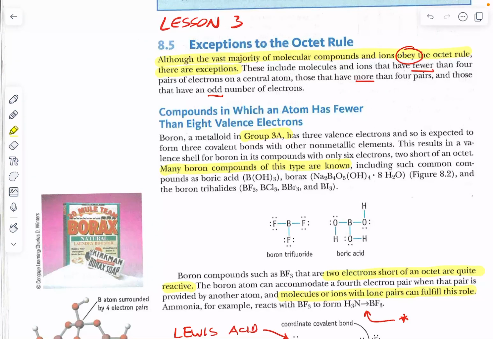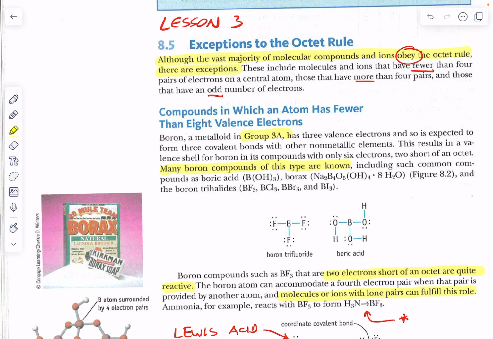This is lesson 3 in chapter 8, and it's relatively straightforward. You probably learned about these exceptions in first year chemistry, and they weren't too difficult. There's a lot of vocabulary words that go along with this section that will be helpful, and it also sets the stage for when we begin to think about constructing these kinds of structures and molecules in three-dimensional space using a model or using styrofoam balls and toothpicks or other types of modeling equipment.